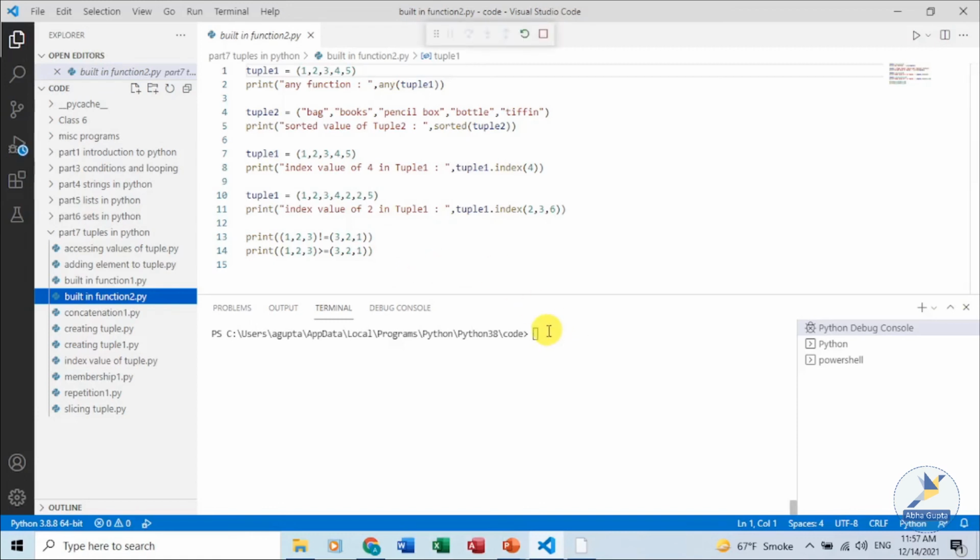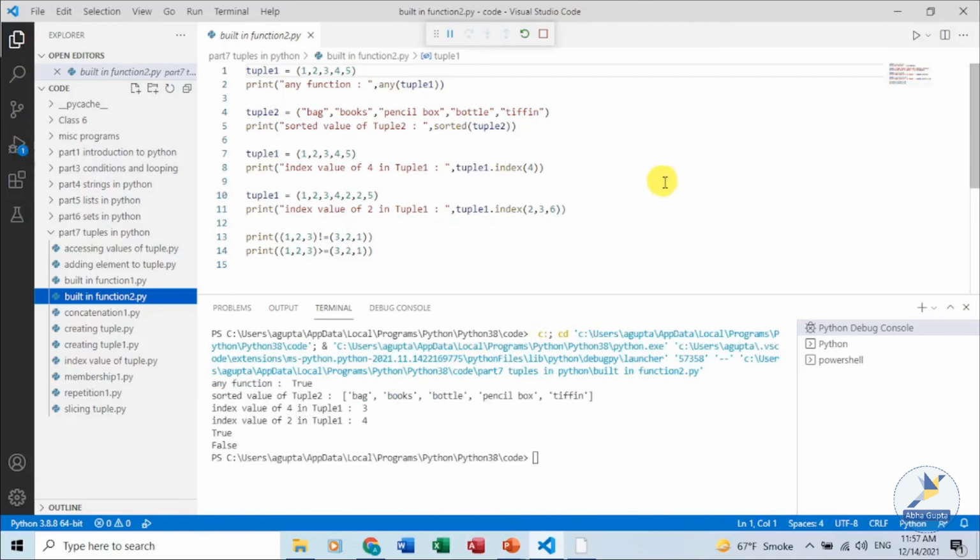Executing the program, let's analyze the result. You can see, yes, it has at least an element in the tuple. We got the sorted elements from the tuple. The position of 4 in tuple 1 is 3.